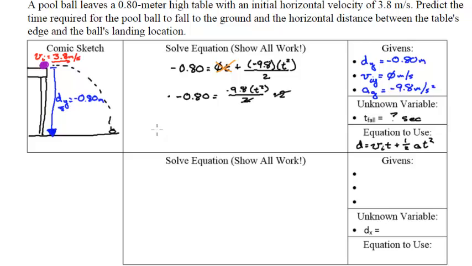Whatever I do to the right, I do to the left, giving me negative 1.6 equals negative 9.8 times time squared. In order to get t squared all by itself, I'll divide by negative 9.8. Cancel. Whatever I do to the right, I have to do to the left, giving me time squared equals